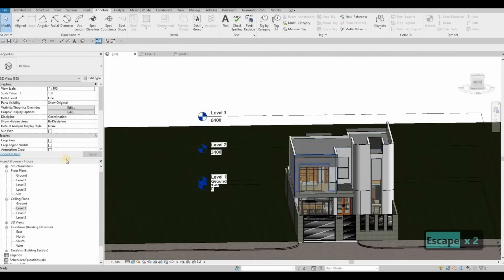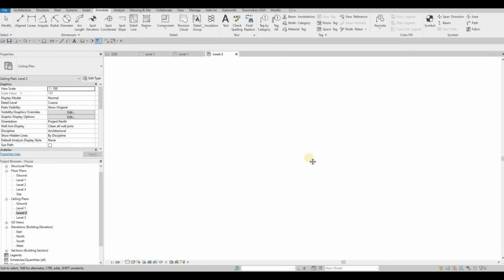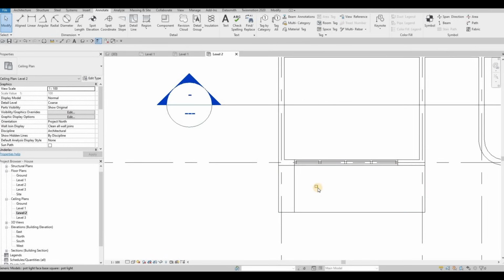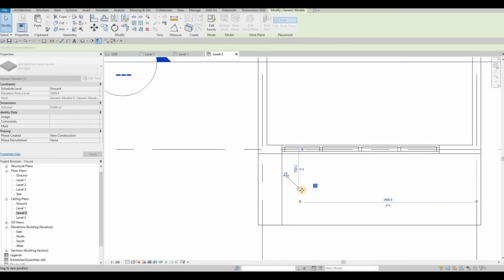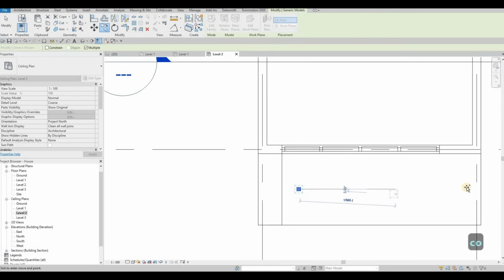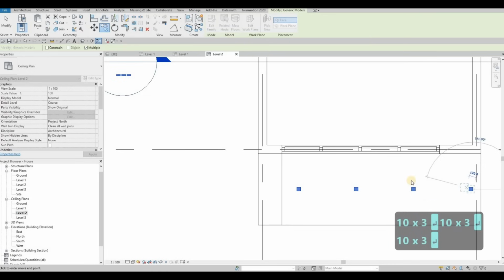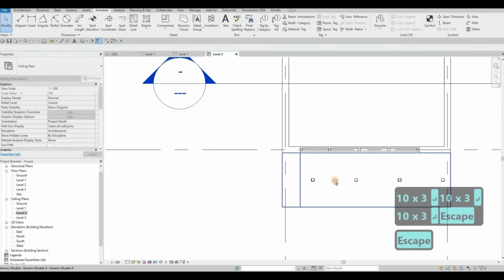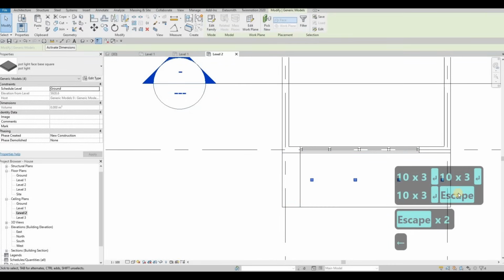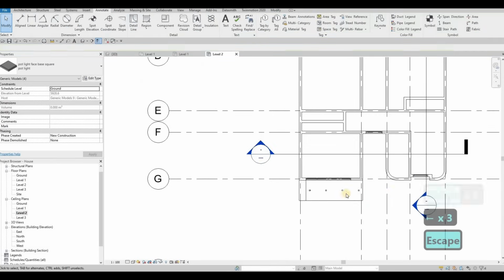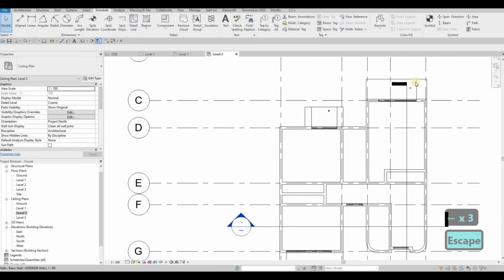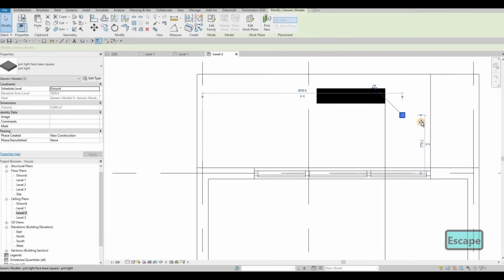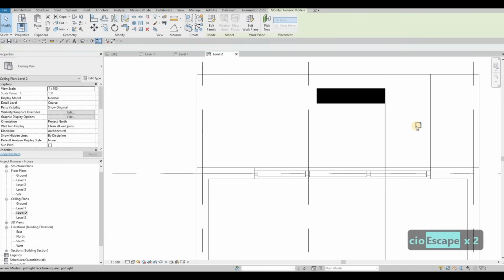And now we need to fix the ones right here, level 2. We just need to eyeball it, something right there, copy, make sure multiple is checked. Once you check it, it will be checked all the way now. So here, what we can do is just move it a little bit right there. So now this is fixed. Let's fix this one right here as well. So just move it in the middle, copy it, CO,